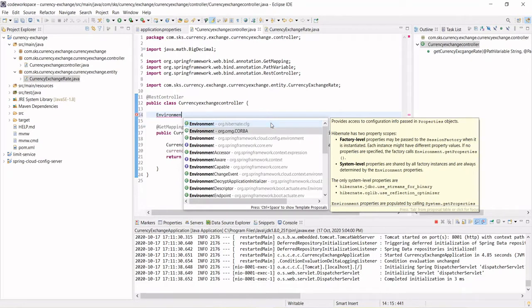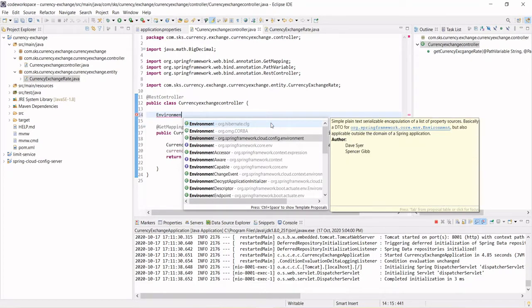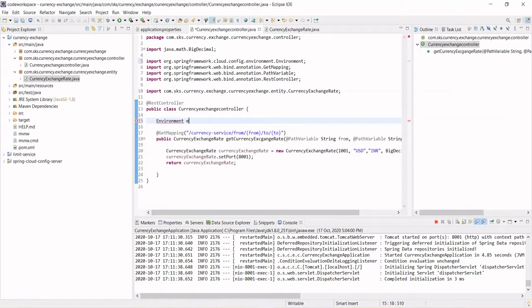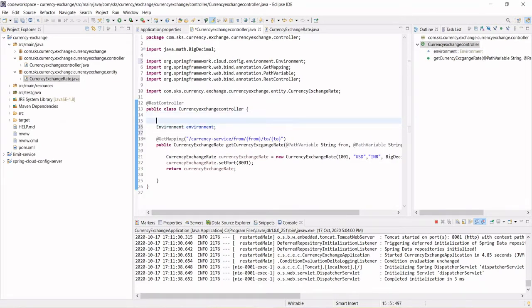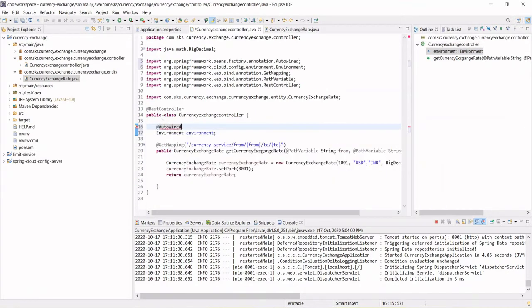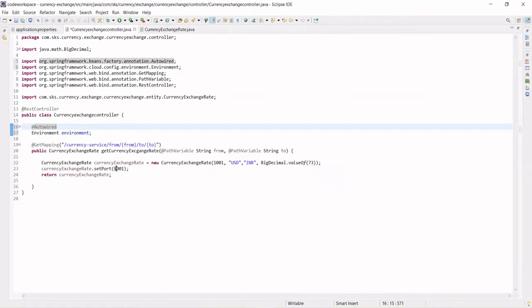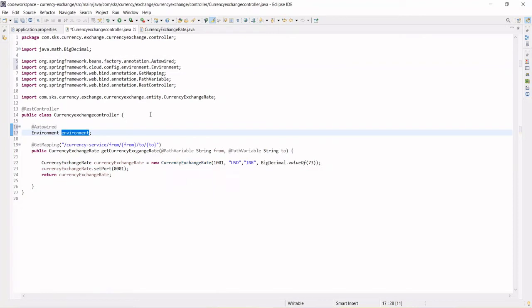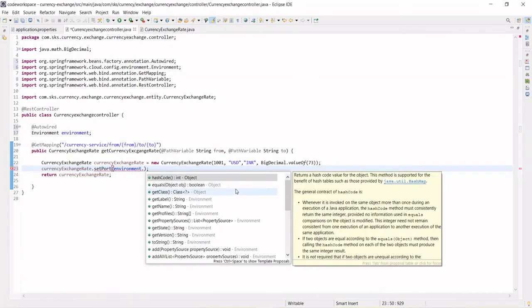Go to this Environment, and autowire it with the Autowired annotation. Now instead of hard coding this, let me maximize this. Instead of hard coding, you need to use this to get the dynamic port, the port on which it's running. It will give you environment dot getProperty.